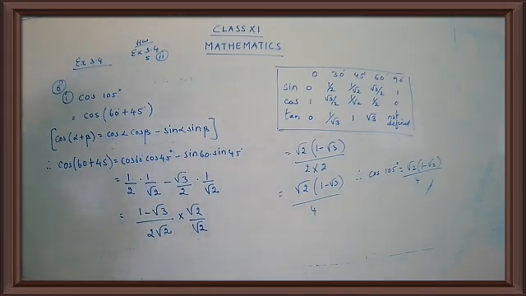Okay children, now let's go for the third subpart. The angle is given in the form of radians. We were dealing with the degree part, but now the radian part is given. So we will not use the radian part, we have to use the degree part. So we'll try to convert the radian into degree. Let's do sum number 3.